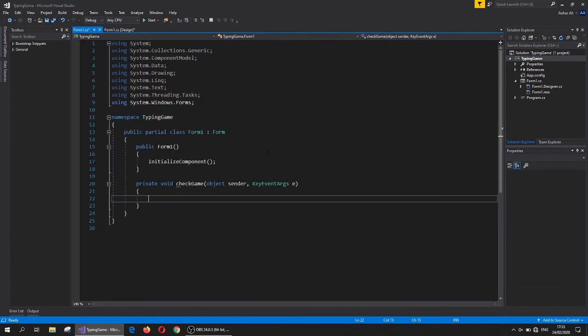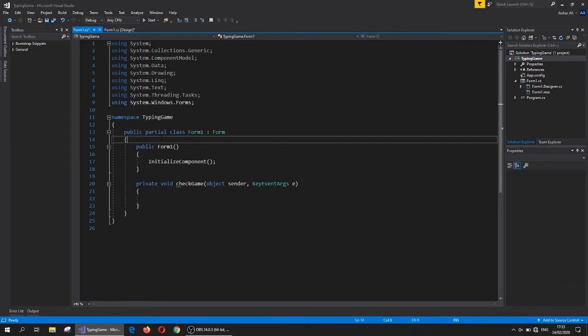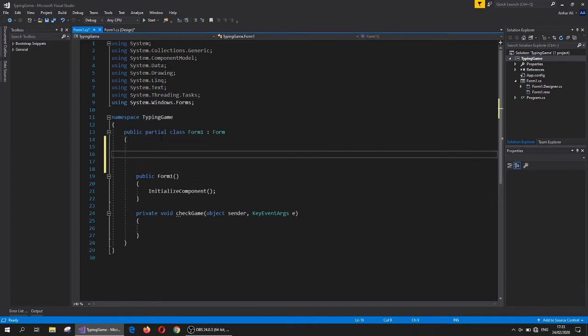Okay, so the first thing we're going to do is declare some global variables here. So let's go and make a string array. An array is a variable that holds multiple variables inside of it, so we don't have to declare them individually, we can put them all into one group. So let's just make a few here, say internet, programming,